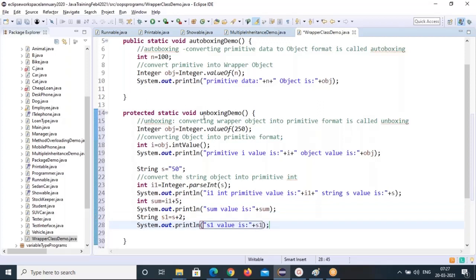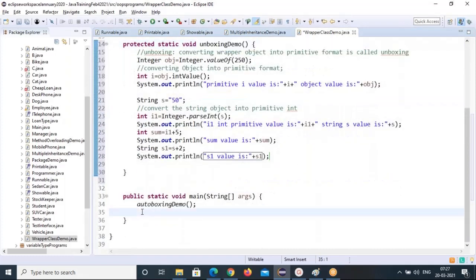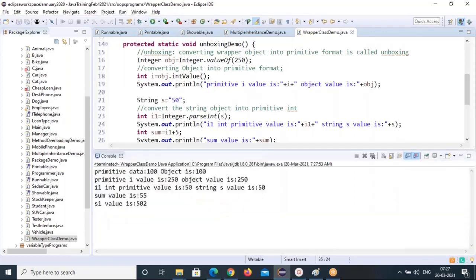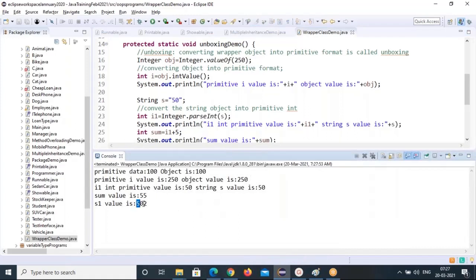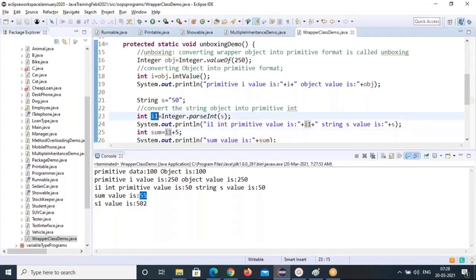So you can see that, and that's how to convert a string object into integer format and an object into int format. So we are converting to primitive format. See that 502 you got, but here you are adding 50 as an integer, it is converted here.